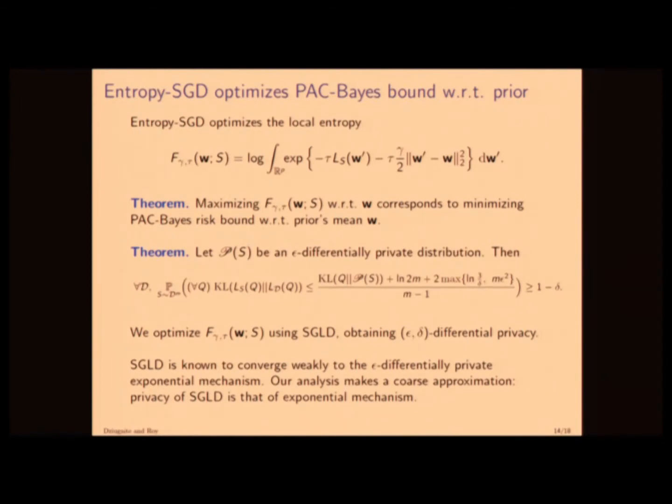And it's going to be sampling from this quantity exponentiated. And so really what we need, in order to determine the privacy, we look back in here, what we realize is that the privacy of releasing an element from a distribution that's proportional to the exponential of this is going to be garnered entirely by a bound on your loss, or a bound on your empirical risk, and the size of this quantity tau. So we can play with these two quantities and determine, up to this approximation, that SGLD returns something that's actually purely differentially private. We can dial in just how much we look at the data. If we look more at the data, our bound loosens. If we look less at the data, we have a worse prior from having cheated.